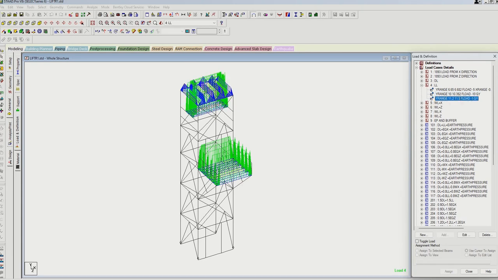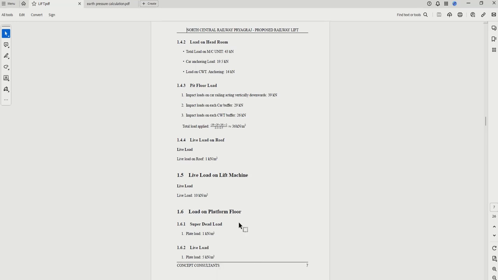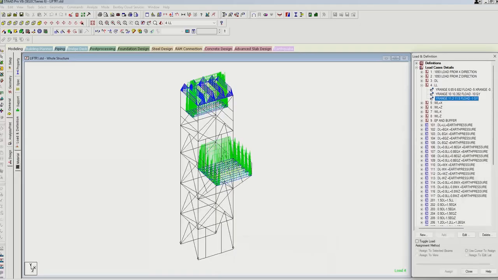Now at the roof also there is going to be some live load, which is mentioned in the design document as 1 kilonewton per meter square, which is given over here. So as we can see, the dead load and live load have been applied at the respective locations